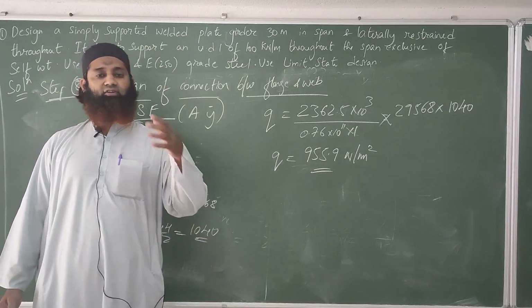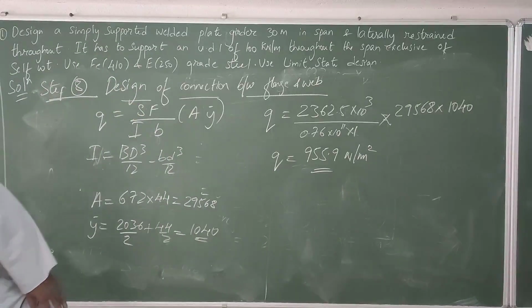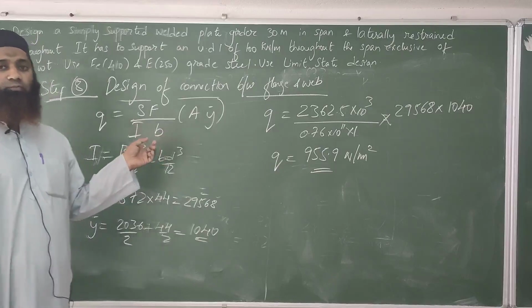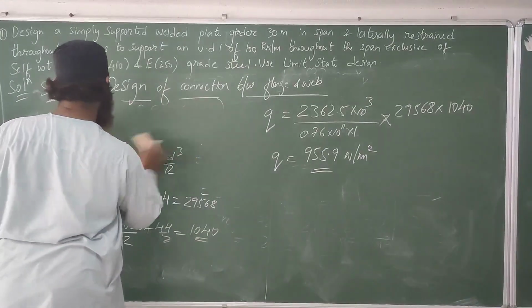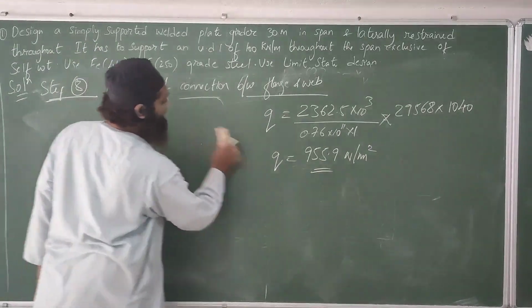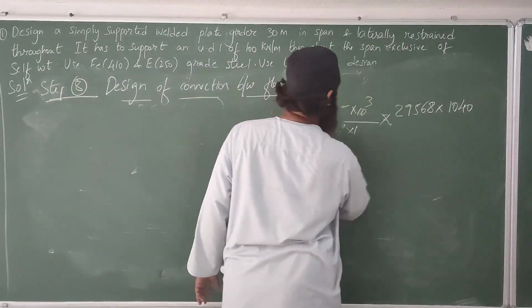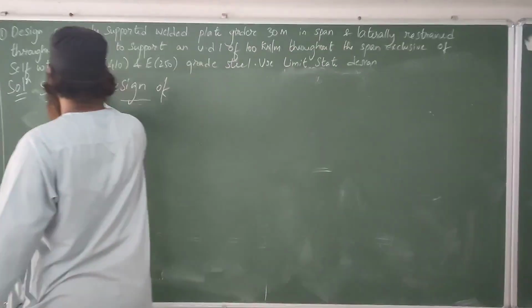Now next we have only to design the weld. That will be the last step. We'll do it now. It is clear, I hope. Let's see the last step, design of weld. We can complete this problem here. This is the last step. We have got the shear strength between the connection. We'll just have to design the weld.